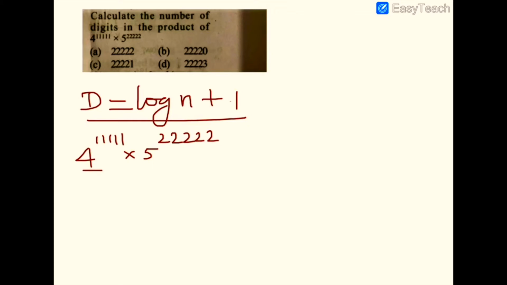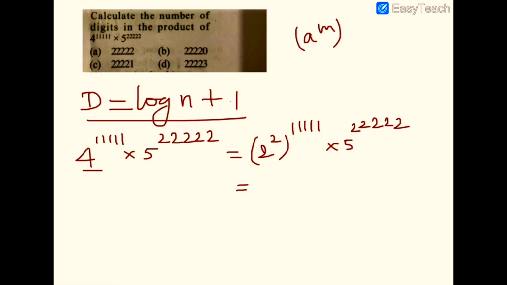Now I am going to write this 4 as 2 square, the whole power 1111, into 5 power 2222. Now we know the formula, right? a power m, the whole power n, we can write as a power mn. So we can write 2 power, now multiply 2 and 1111, so 2222